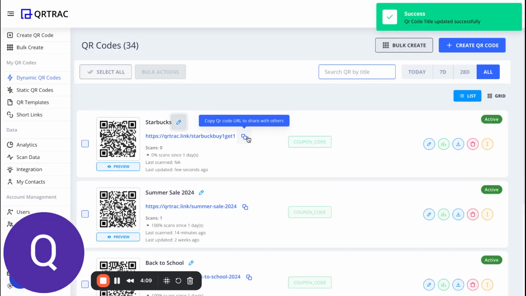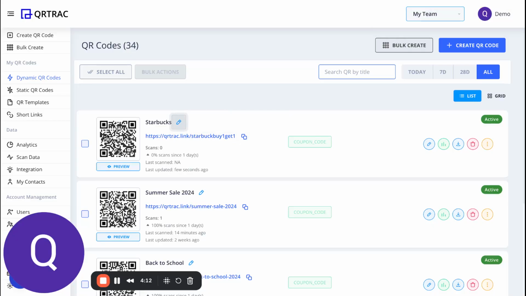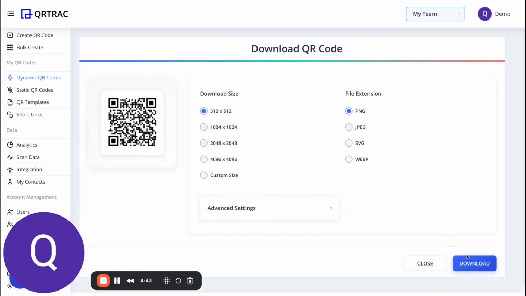Okay, now let's say somebody distributes this QR code. So they take this QR code to two different stores, two different people. Okay, so I'm gonna demonstrate this using a different online tool, so it's easier to showcase the mobile experience. Okay, so let's say I download this. Okay, so once this QR code is downloaded,